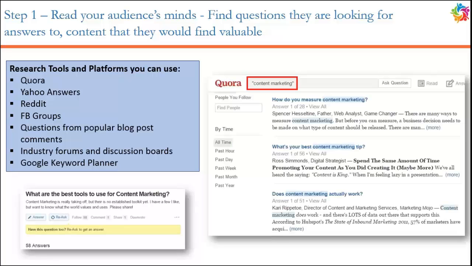Free tools you can use for content marketing. Just kidding, right? So this is how you do your research on what topic you should cover in your content. That's step one. Step two is, once you've finalized your set of topics, next is to research your topic,